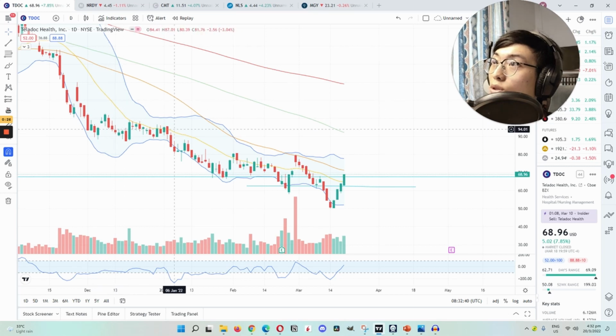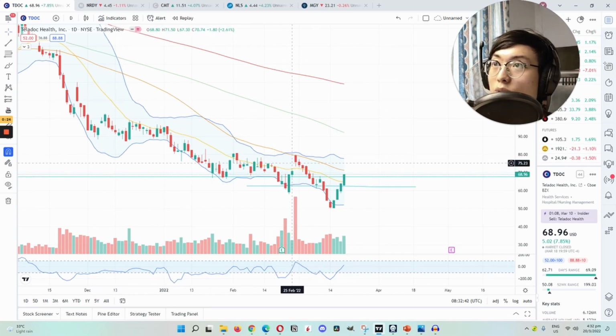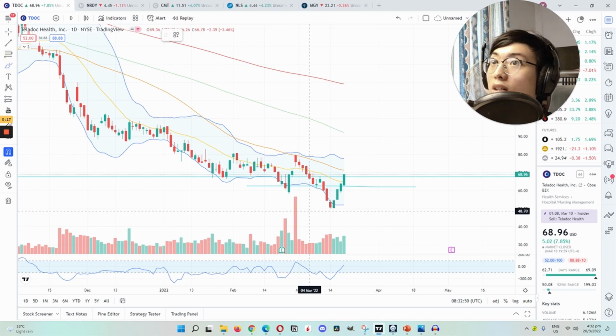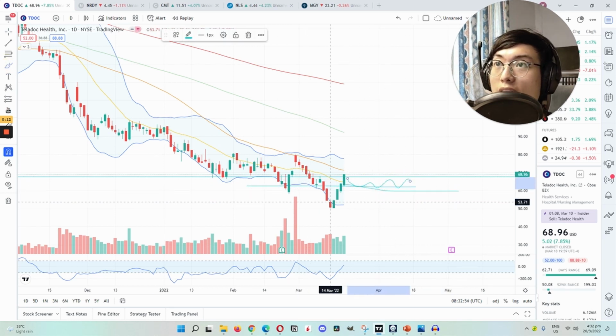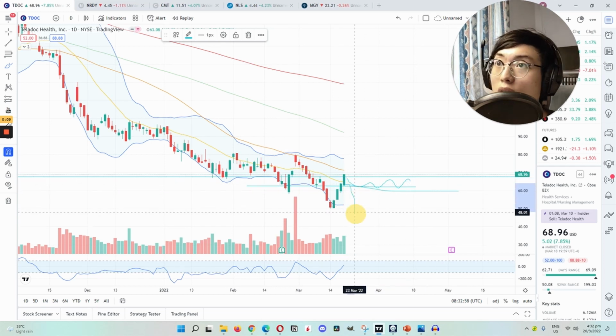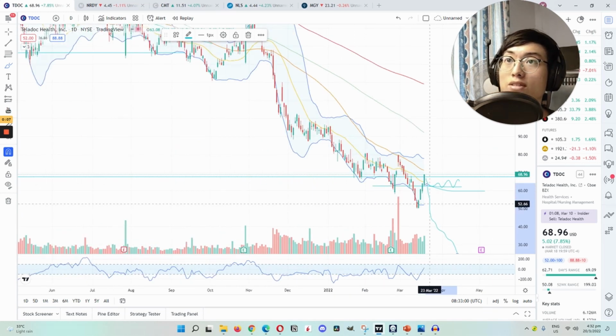And all the times it's tested the 20 moving average, it just died. Only once it popped up, then it died again. So again, as this index comes down, I want to see a consolidation above this moving average itself, and stay above it. And for this entire pattern to slow down. And there's a very high chance that it might continue its downtrend all the way to the downside